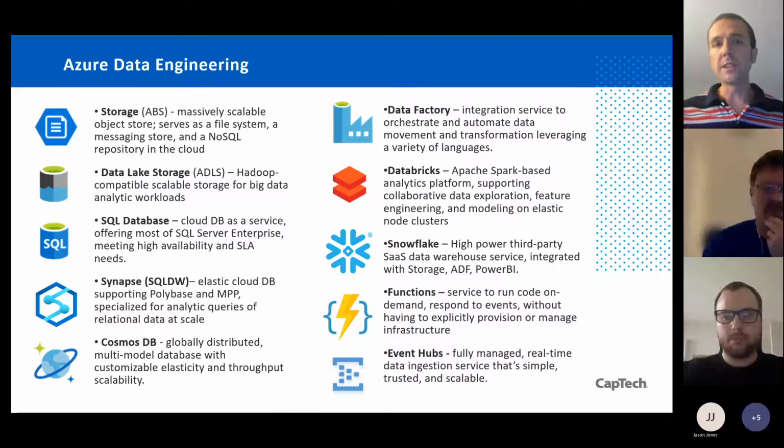So if you have been doing data engineering in Azure, these services will look pretty familiar to you. I just want to highlight the ones we're going to talk about today so you can mentally see where we're sitting. On the left side are our storage services for data. On the right side are our compute ones. Today we're going to talk about the second storage one, which is Azure Data Lake.